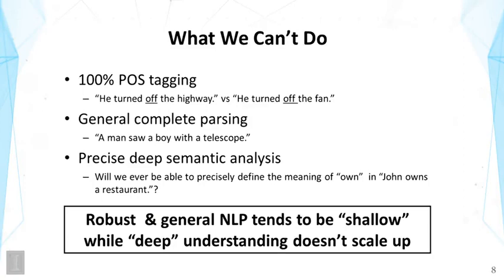It's also hard to do precise deep semantic analysis. So here's an example. In the sentence, "John owns a restaurant," how do we define "owns" exactly? The word "own" is something that we can understand, but it's very hard to precisely describe the meaning of "own" for computers. So as a result, we have robust and general natural language processing techniques that can process a lot